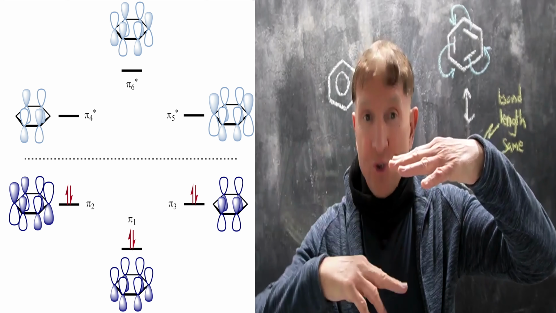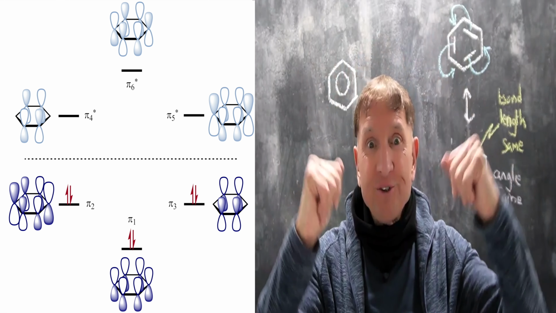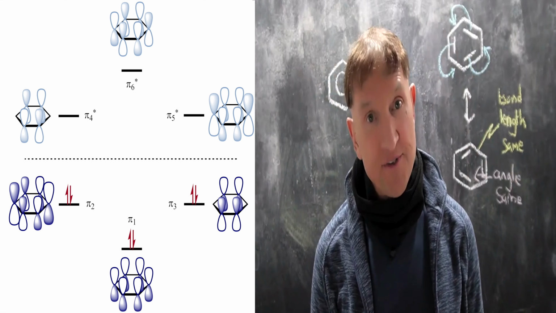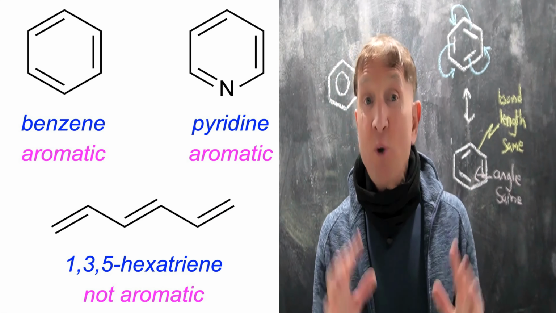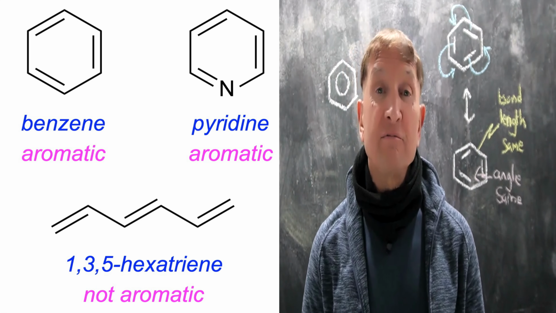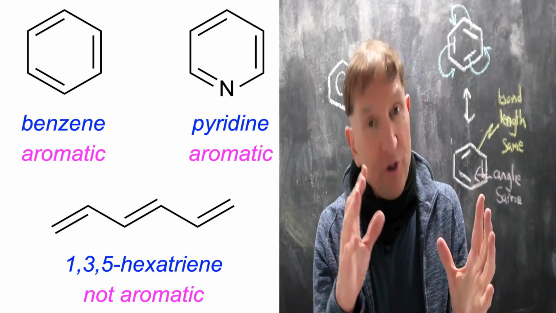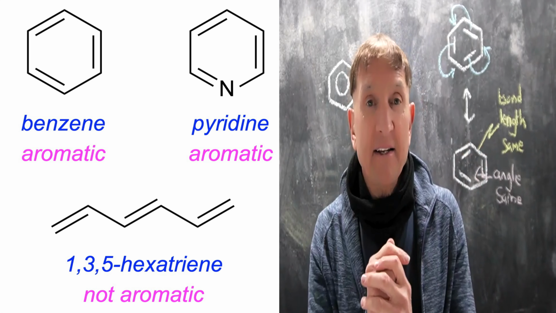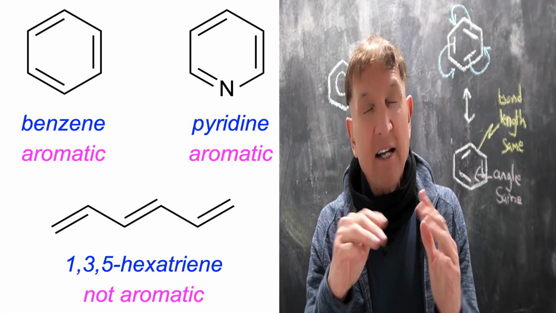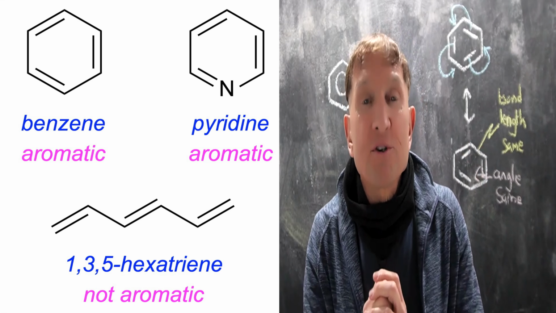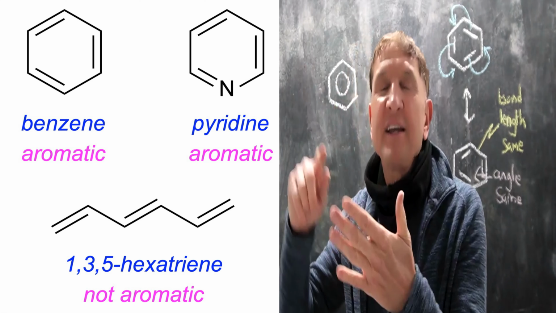So 2 and then 4 electrons is magical. And that's where you get extra stabilization from the molecular orbital picture. So we can look at a series of similar compounds like benzene and pyridine. They're aromatic because their heats of hydrogenation are less than we would expect. They're more stabilized. But compare benzene with 1, 3, 5